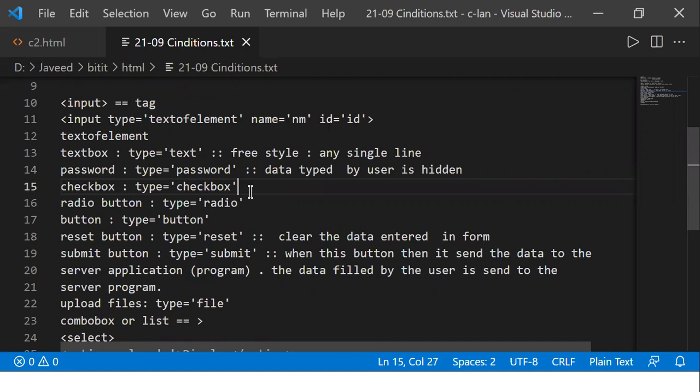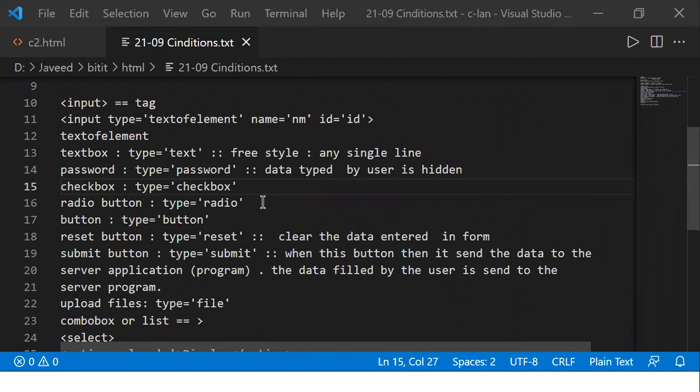Or let us say that I want the user to select the payment option. Generally we see that the user will be selecting either a credit card or a debit card option for payment.